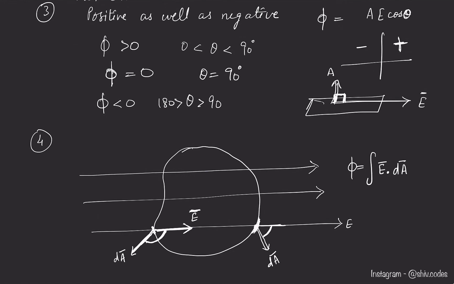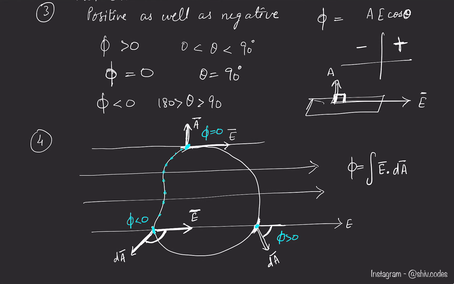And for example, at this point, the electric field vector is towards the right and the area vector is basically perpendicular to the surface, which is here. So at this point, the flux through this small area is 0. Through this area, flux is positive. Through this area at this point, flux is negative, and at this point on the surface, flux is 0. So we have to do this for every point on the surface.